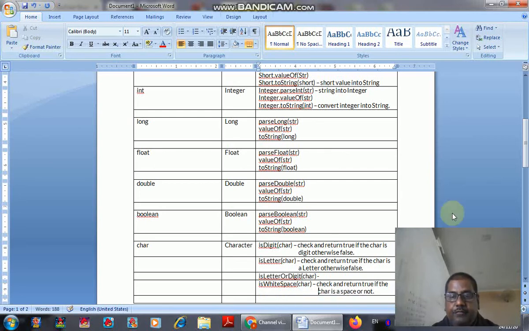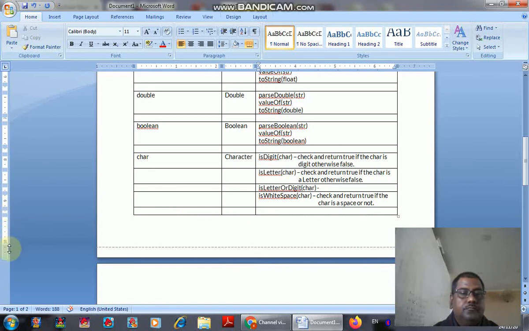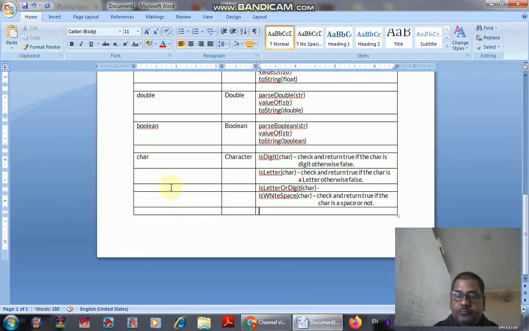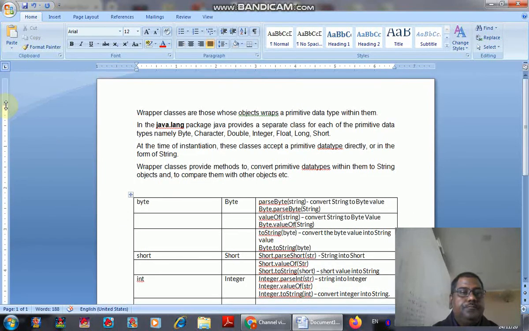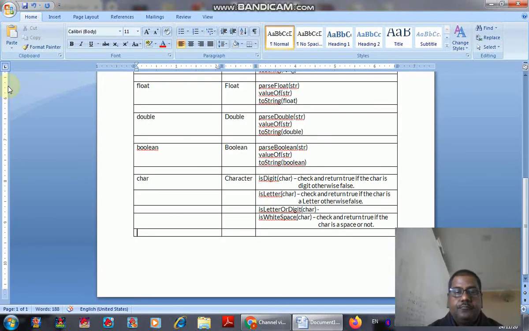Next we have isUpperCase. It will check whether a character is in capital.